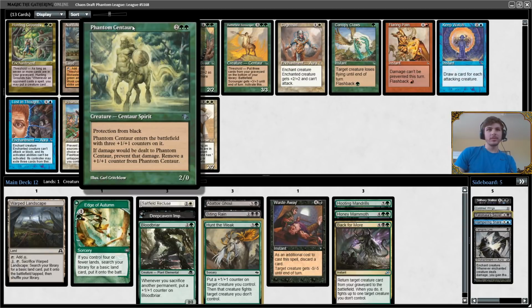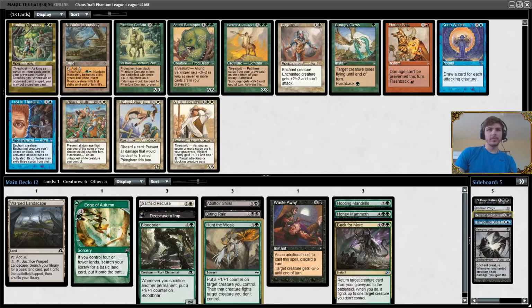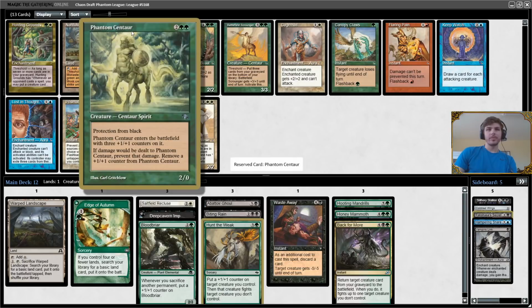So if we dealt to it, put a counter on it. We have a Hunt the Week in our deck. It's an incredible card. If you can put any aura on it, it is unkillable. This card is absurd. The centaurs, the phantom creatures are just some of the best creatures from this era of